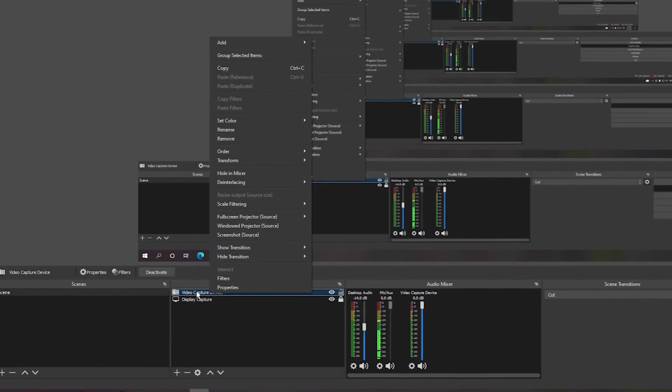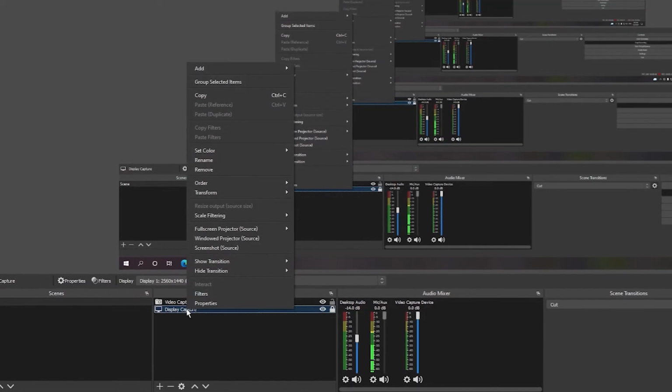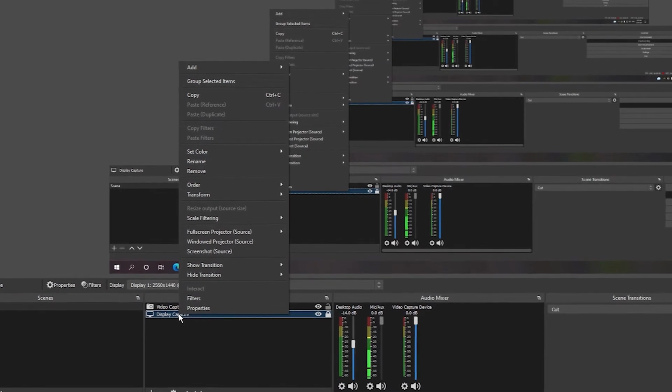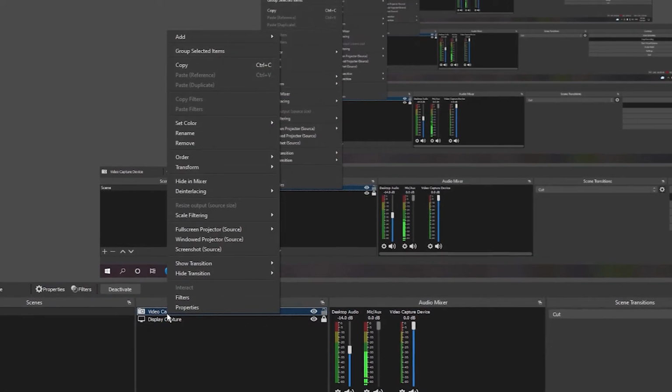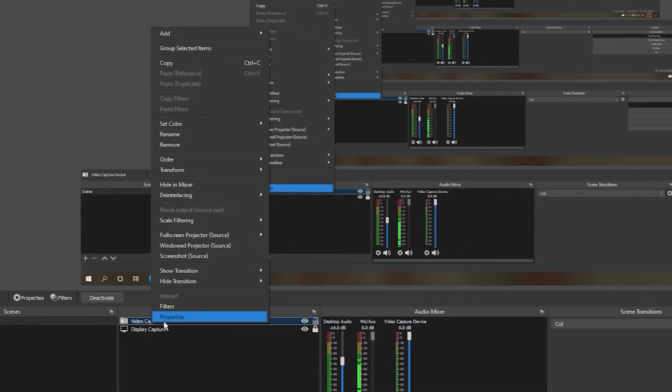Okay, and then filters, just click on the source that you want to do. If you want to record the camera alone in full screen, then you will just choose the video capture. If you would like to record the video for the desktop, you will choose the other one, so it's up to you. So I will choose to have the full screen video from the camera go directly to another, separate video. So if you would like to record your desktop so clear without anything, you can just put it on the side, so you will have a clean video from your desktop recording, plus the other video file for your camera, or you can just leave it as it is and just drag this one up so it's an overlay,